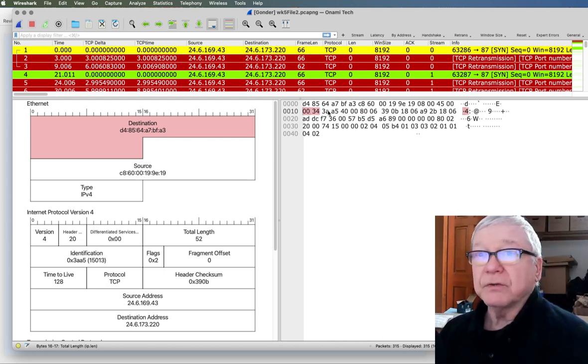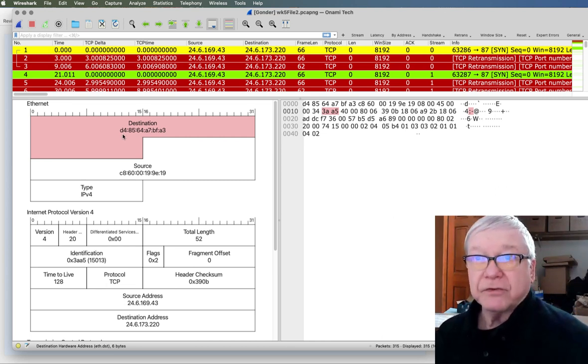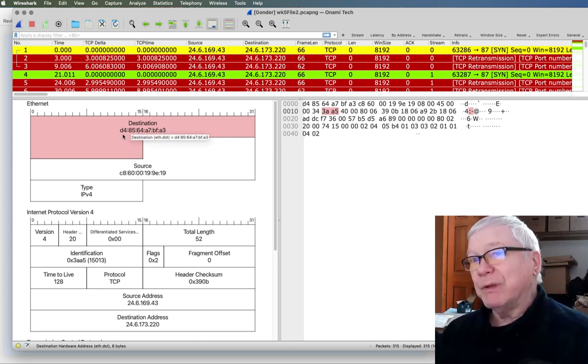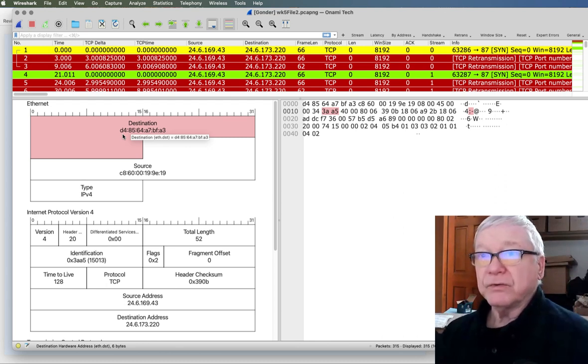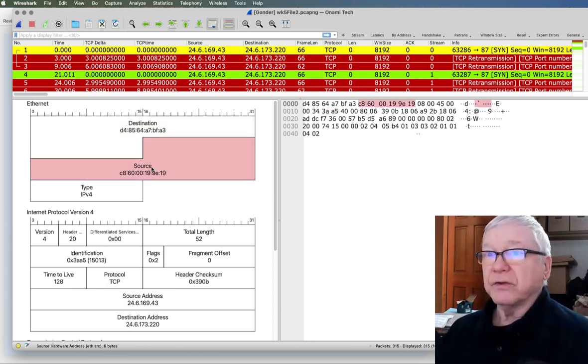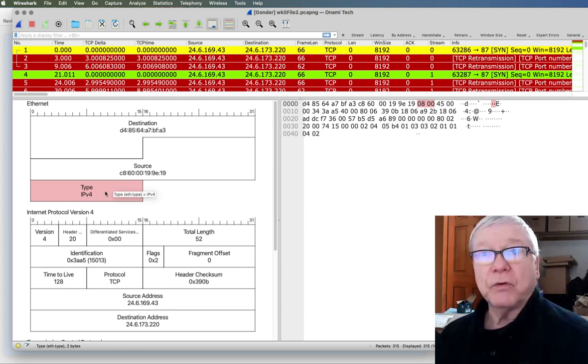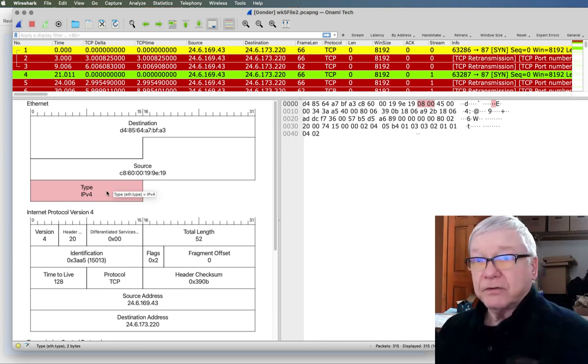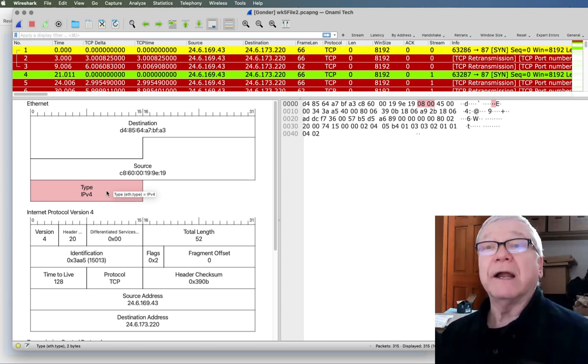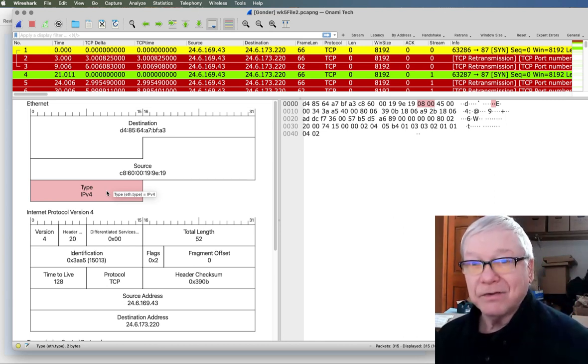But this is actually interpreted as what? We utilize this as hexadecimal. So we interpret that bit pattern, those 1s and 0s, as hex. We interpret this as an IPv4 type. This bit pattern tells us we're carrying IPv4 inside this Ethernet frame.